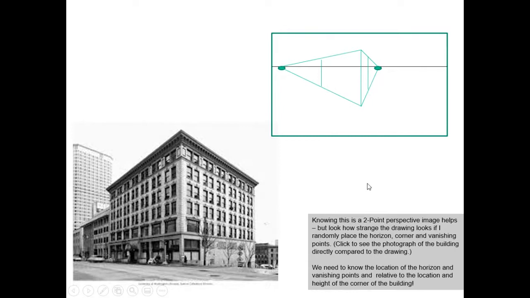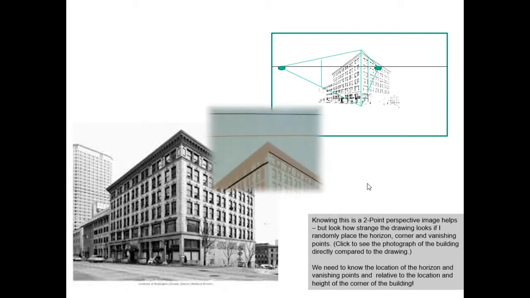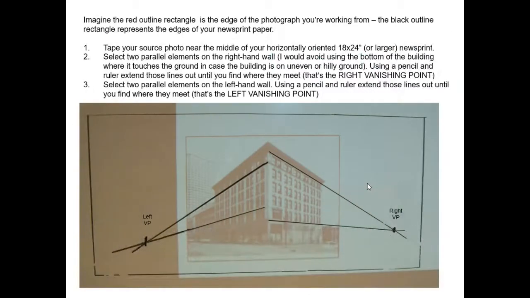Look how weird it is if I put the photograph under the drawing. You see how wrong it is? I've put my horizon line way too high, and I've made the length of the walls wrong, one too wide and one too short, and I've put the vanishing points in completely random places. So if I want real accuracy, I could take that original photograph, I can take any two